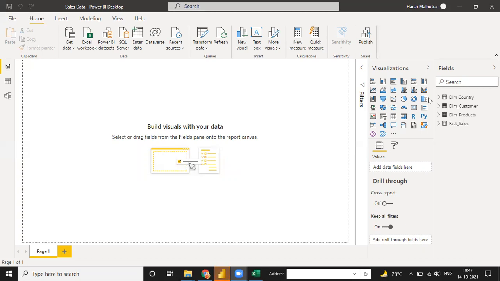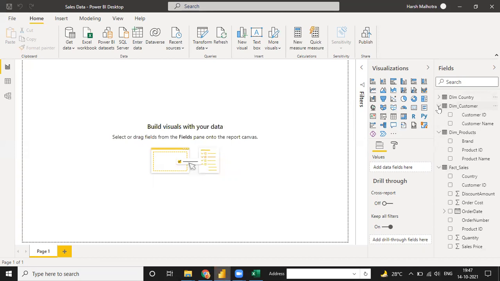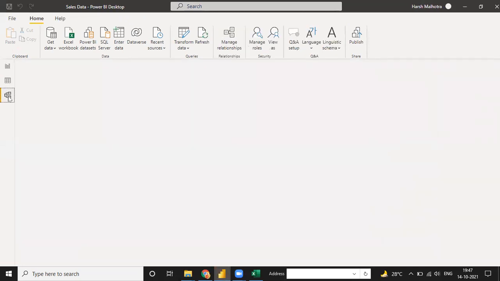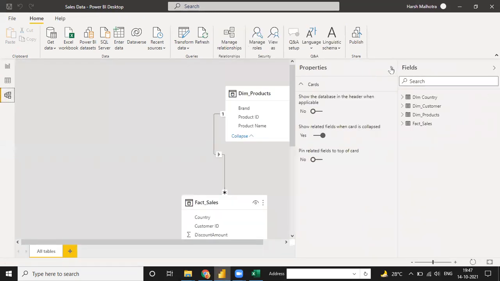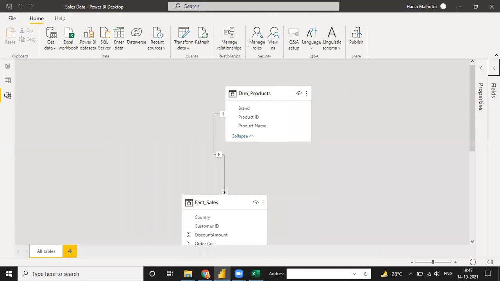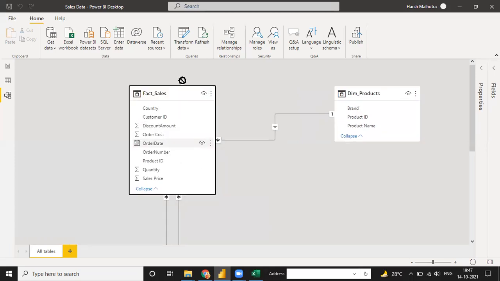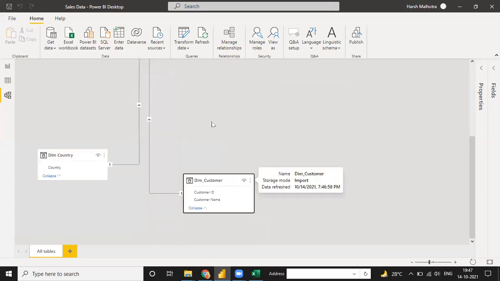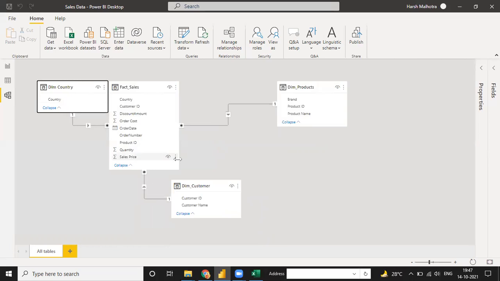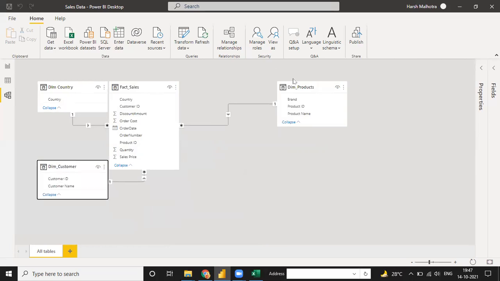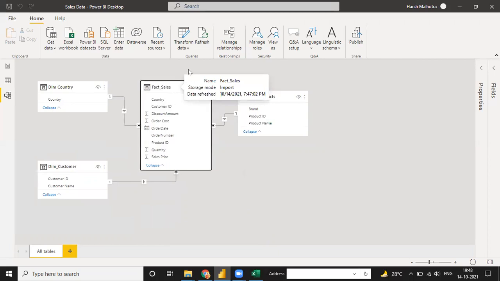Okay, done. So now all my data will be there. See, dim country, dim customer, dim product, and dim sales. After this step, a very main step is the data model. How to connect the data model? It means how to connect your files with modeling so that all the files are linked and your correct visualization is presented in a view. See, right now we have these three dim tables and this one is a fact table.